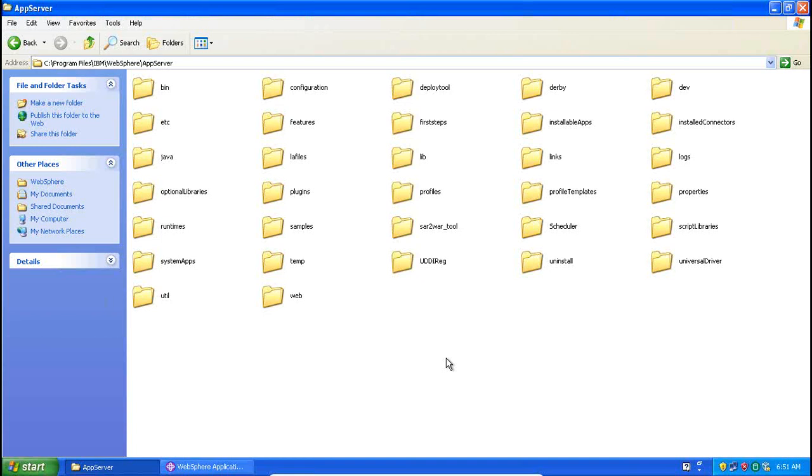Okay, this is standalone. ND will be a bit different. So this is standalone in graphical mode on Windows. We'll see silent mode as well, maybe next. How to install the software in silent mode means without using any graphical user interface, by using only the command prompt, we can install WebSphere. That I'll discuss again. For now, just try to understand the way I installed WebSphere. On Linux also I'll show you. We'll see Linux installations also, don't worry.